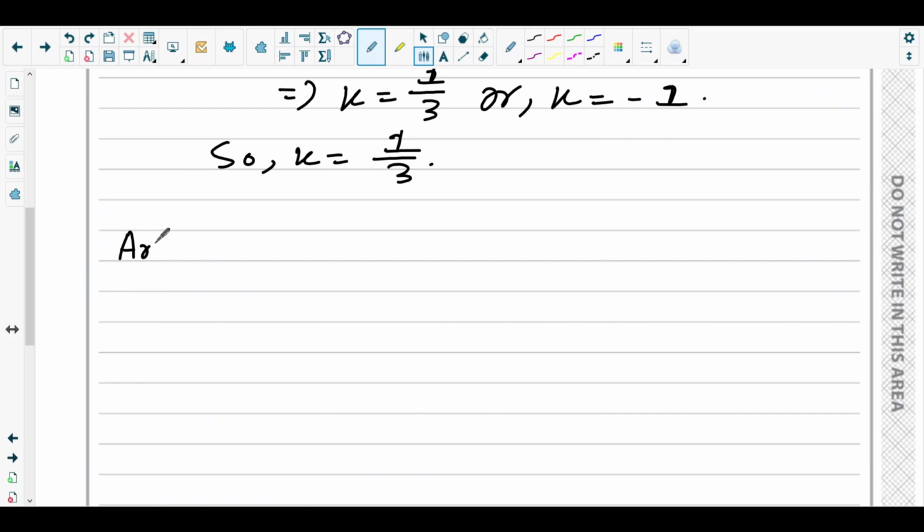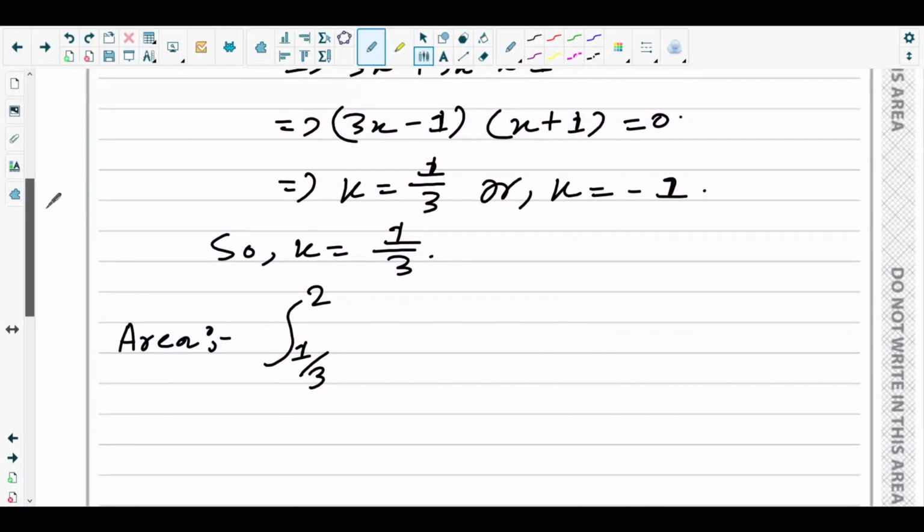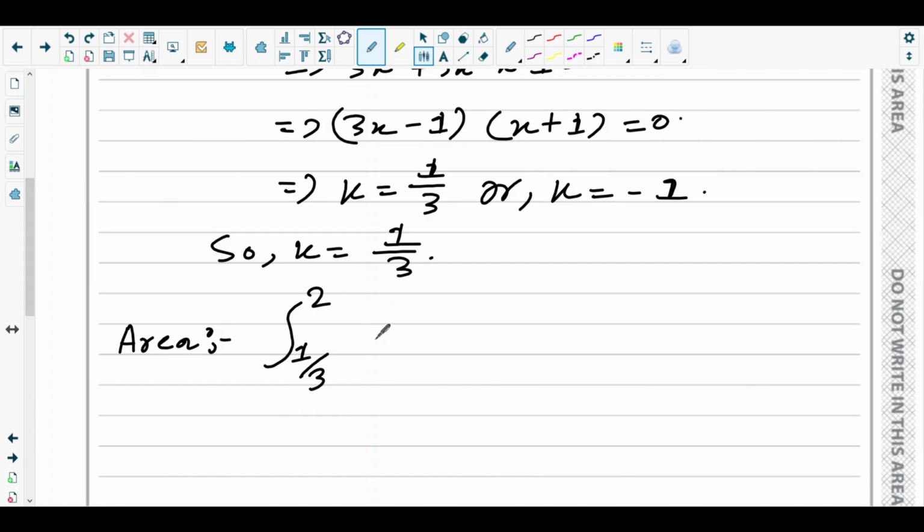Okay, so we need the area of region R. So the area would be the integration from the x coordinate of point P, which is 2, to 1/3, where the curve C is intersecting the x-axis, of which the equation f of x can be written in the form twice of x plus half minus 5 over 2,